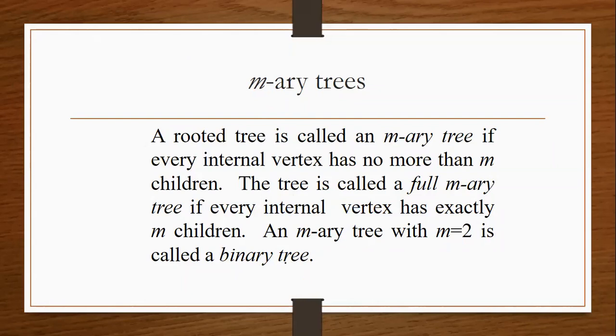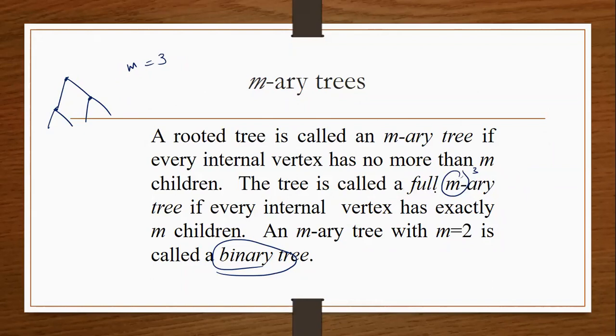So now for this definition, I'll start from the bottom. So we will look at this term. What do you mean by a binary tree? If a tree has at most 2 children for each node, then it is called a binary tree. Suppose it has 3 children, m is equal to 3, then it will be called a ternary tree. Basically, the m value will change over here.